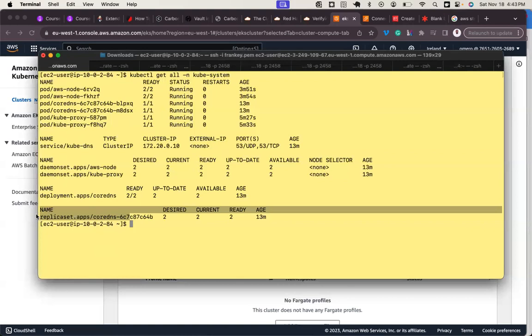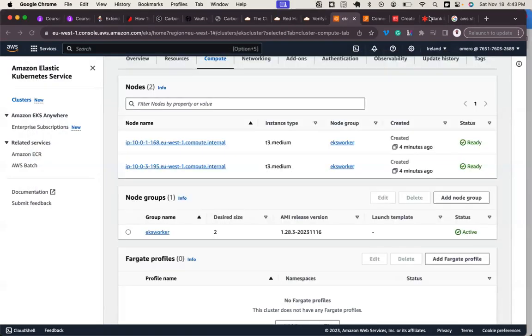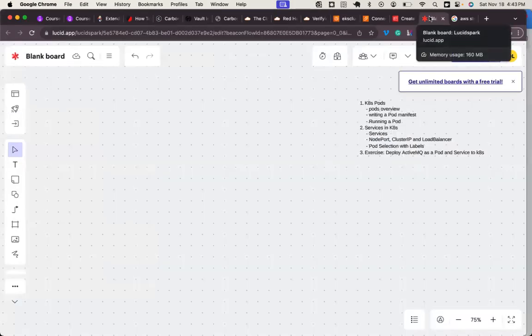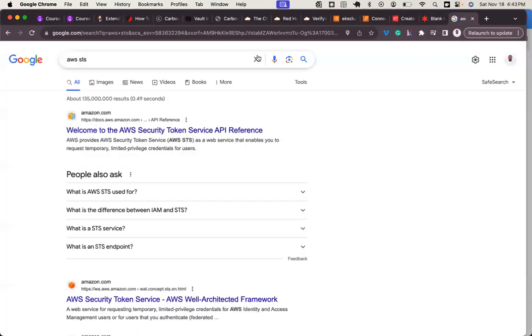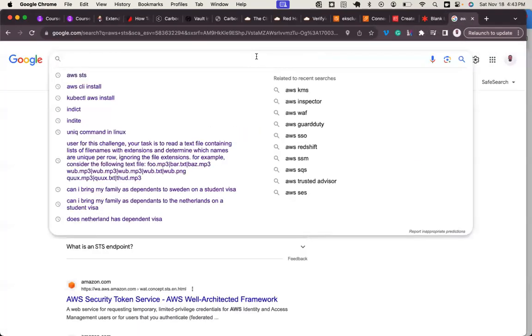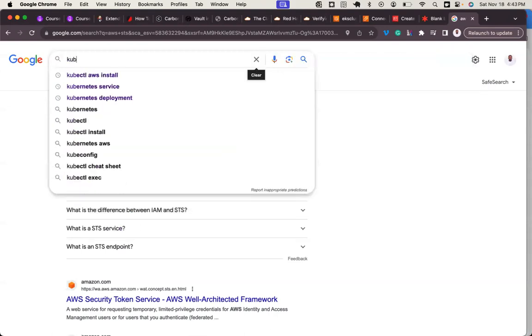All right. So what we have today is writing a pod manifest. Guys, I need to show us how to get the documents to use for writing what? A pod. So I'll go to Google and I'll type Kubernetes,